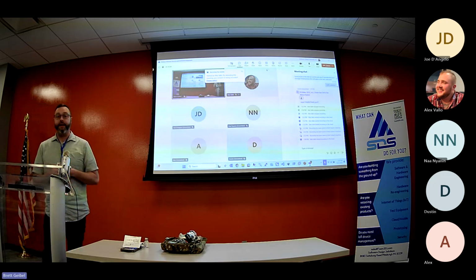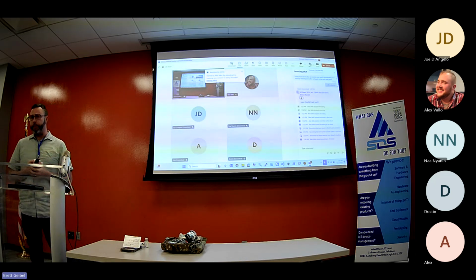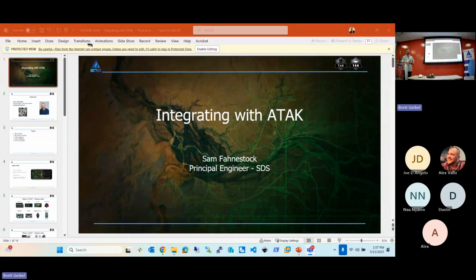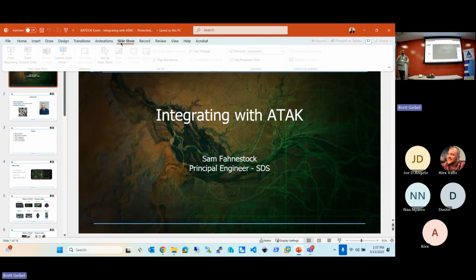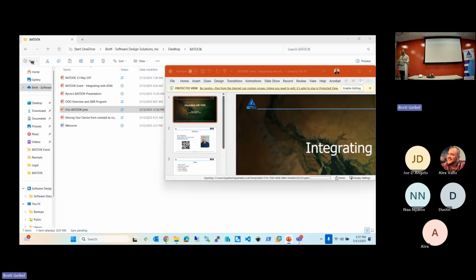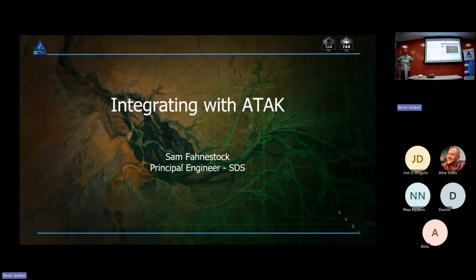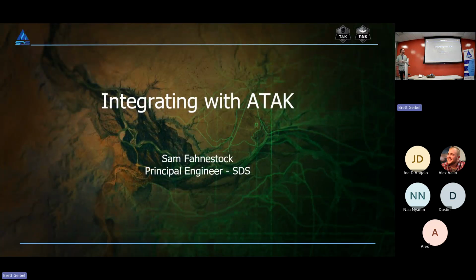My name is Sam Fahnestock. I am a principal engineer and our lead security engineer here at SDS. And we are going to dive into ATAK just a little bit here. We've been talking a lot about BATDOK. ATAK is kind of parent, cousin, weird relation to BATDOK. But we're going to talk about why we care about this in the medical world here in a little bit